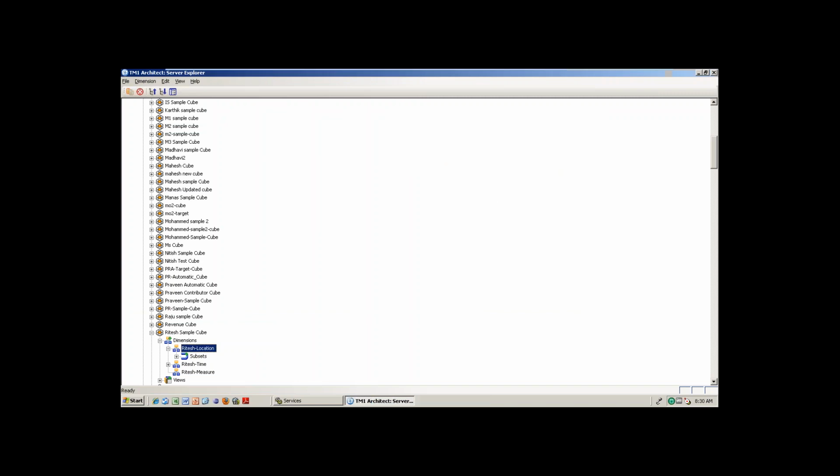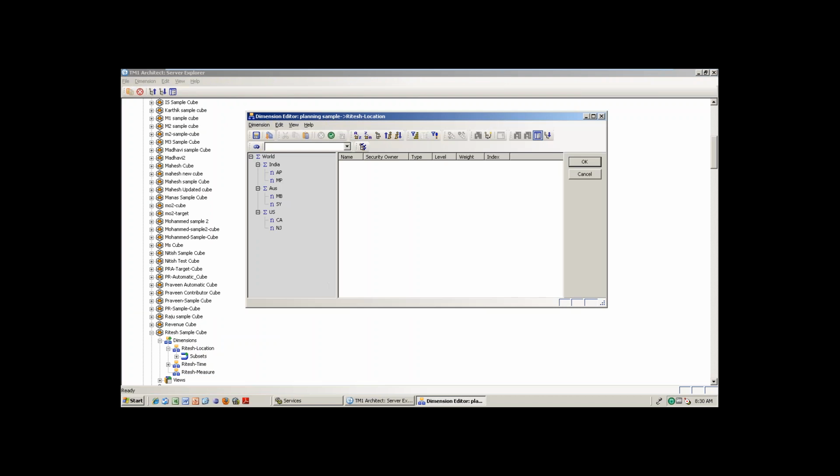But as I told, if I am right clicking here and edit dimension structure, that means it is not simply hiding. For example, if you don't want something in the dimension editor, you delete it, then it is gone. That means, for example, this same dimension you are using in n number of cubes, in all those cubes that particular element will be gone. That means if you are opening the dimension editor, you are indirectly changing the structure of the dimension.